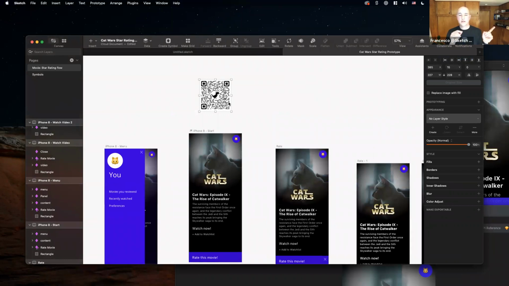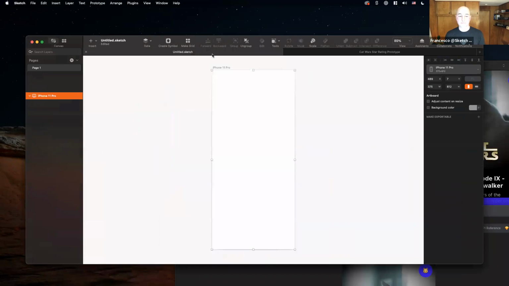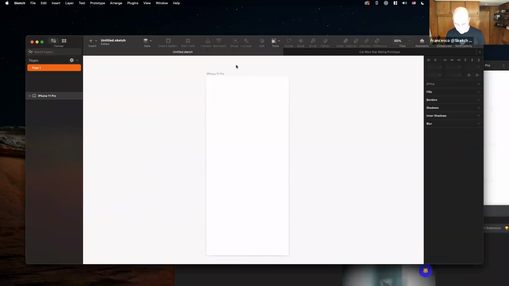Now I'll jump back into showing you how to build something really, really quick. And then I'll give you some other productivity tools. Usually I like to start from what's called block framing, where you define the areas of your screen. I'll call it screen because most of the things we're doing these days, they're interactive, are on screens, but obviously